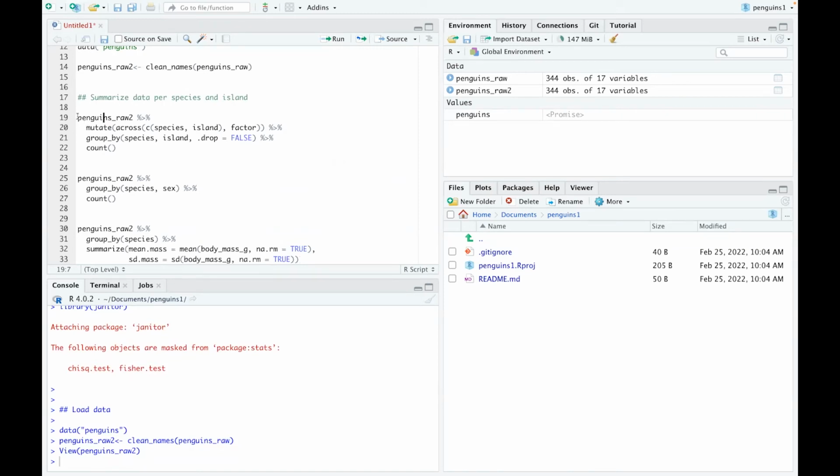So this chunk of code from 19 to 22, I'm using the pipe from dplyr here. I don't know how familiar people are with that, but it's basically taking the penguins_raw2 data frame and using that as the input, so the data object, for all these successive cascading functions. So on line 20, I'm using mutate wrapped around across. So that means I'm going to potentially create a new column across multiple